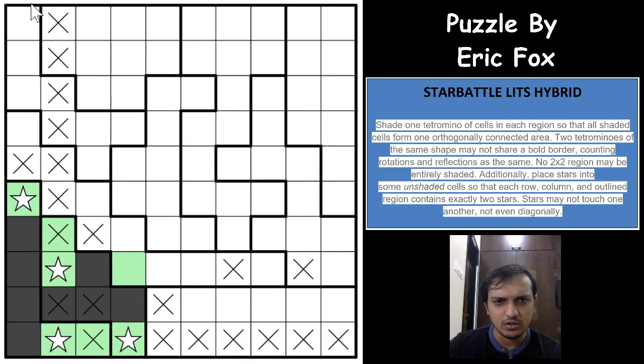The first top right region will have 1 star in one of these 3 cells, right? So which means the other star will have to be in one of these 3 cells, and this cannot be a star. So this column already has 2 stars now. And now if you see, these 5 cells will have 1 star and these 2 cells will have 1 star, because these 5 cells cannot have 2 stars. You will have 3 stars in that row. So which means that these 5 cells will have exactly 1 star and these 2 cells will have exactly 1 star. So which means this can be crossed out now.